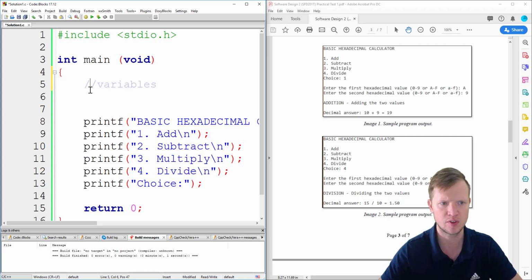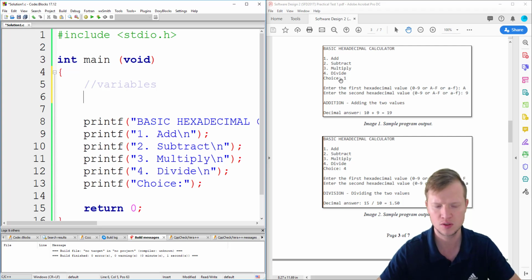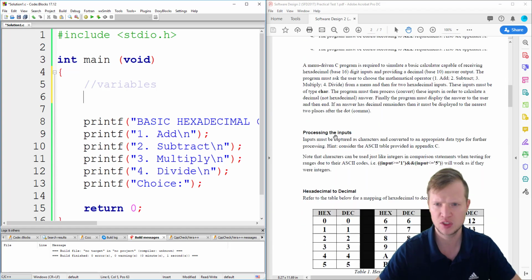And we always create our variables at the beginning of our program. Just good programming practice. So we're going to have a choice. And this choice will then determine if we're doing add, subtract, multiply, divide. It was not specified